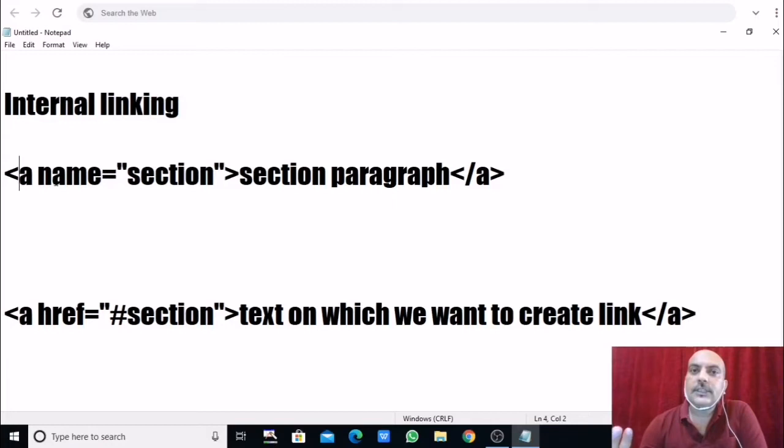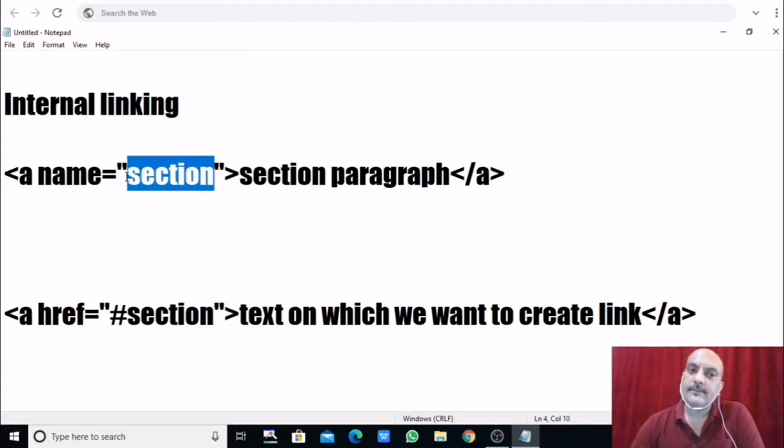To define the section name we use the name attribute with the a tag. So here I am using the name attribute with this a tag: anchor name is equal to, within double quotes we write the name of the specific section.